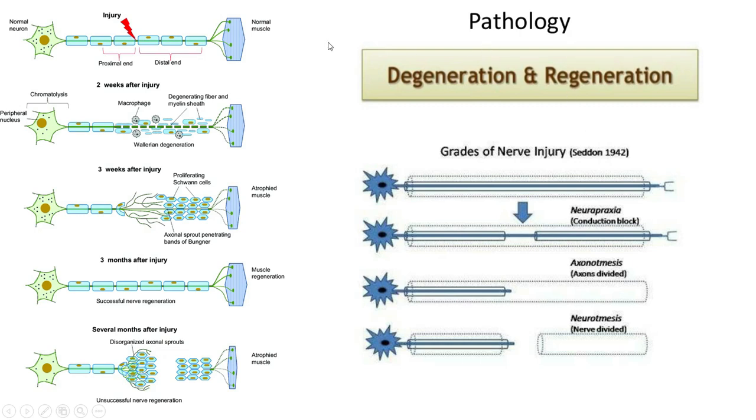Okay. Now, one or two things regarding nerve regeneration. When there is an injury or insult, there will be degeneration of the myelin, and the debris will be cleared up by macrophages along with the myelin sheath. Now the Schwann cell helps with remyelination. This degeneration is called Wallerian degeneration. Then proliferation of Schwann cells helps, and the axon starts penetrating the bands of Büngner, and it helps to regenerate the nerve.